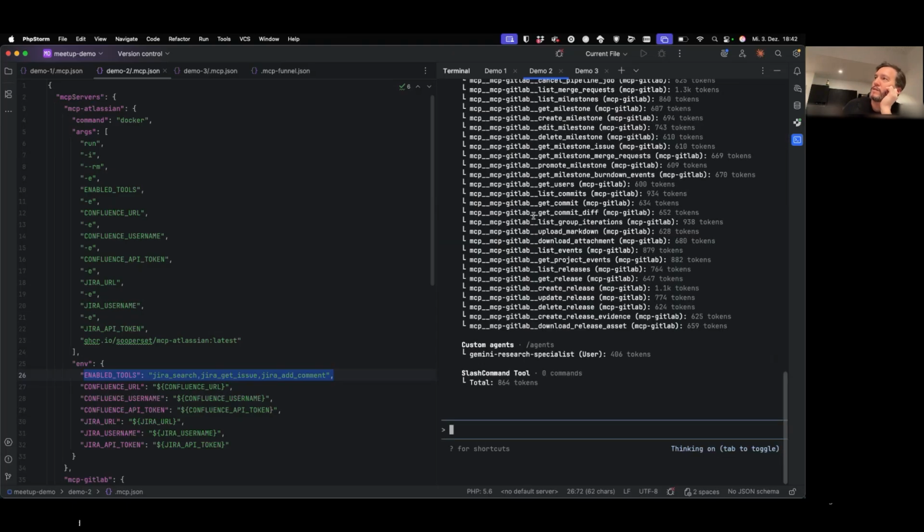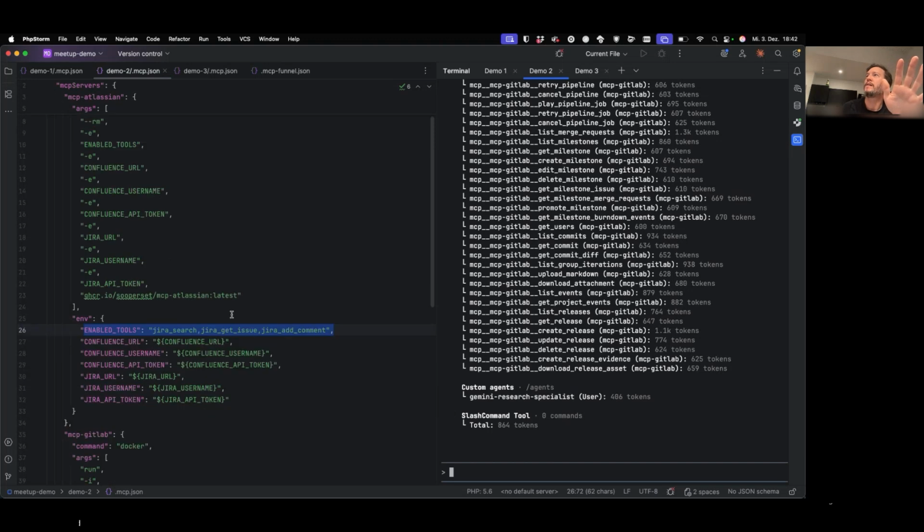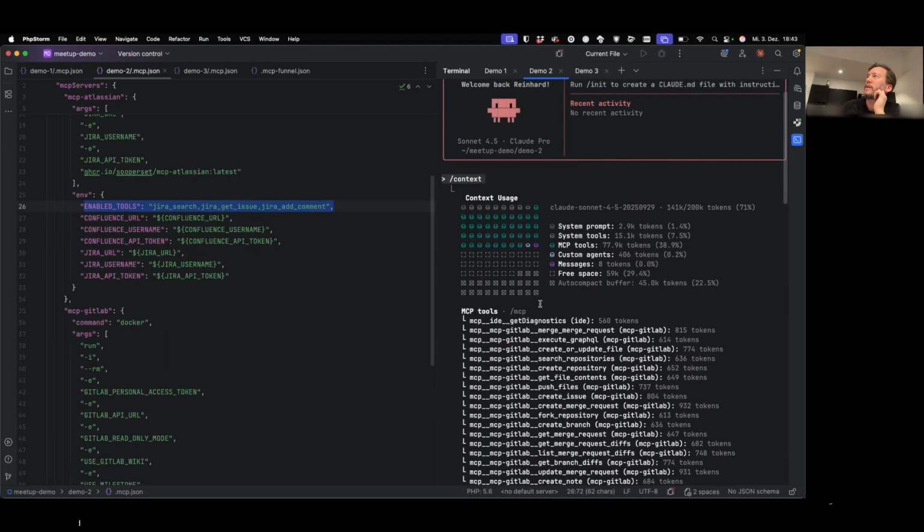With this setup, we can again start our session, and let's see what this brings us. We still have GitLab in there. We'll come back to that later. Is there an improvement? Yes, there is. With only loading what I really need, when the MCP gives you that option, I can get down to like 71% token usage. It's a slight improvement, and in some cases this can help, for example if I don't need GitLab at all.